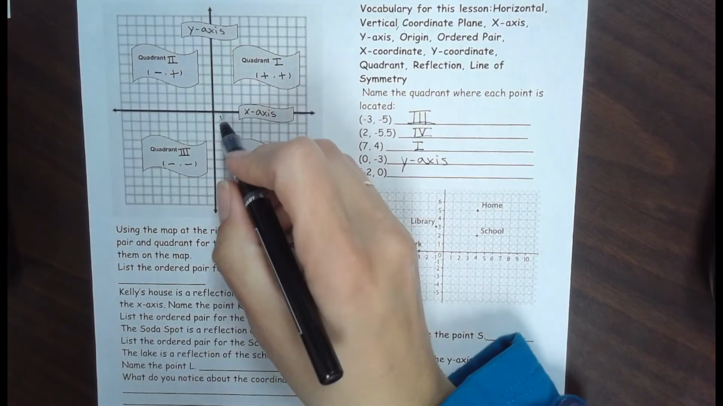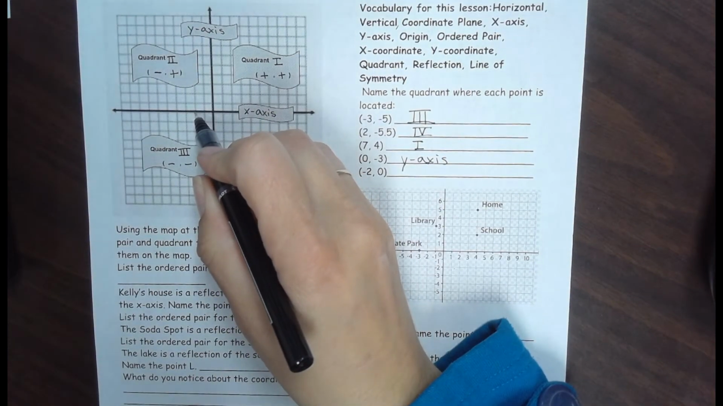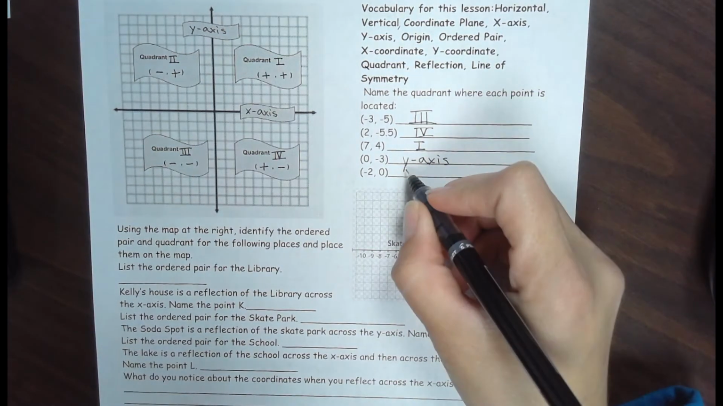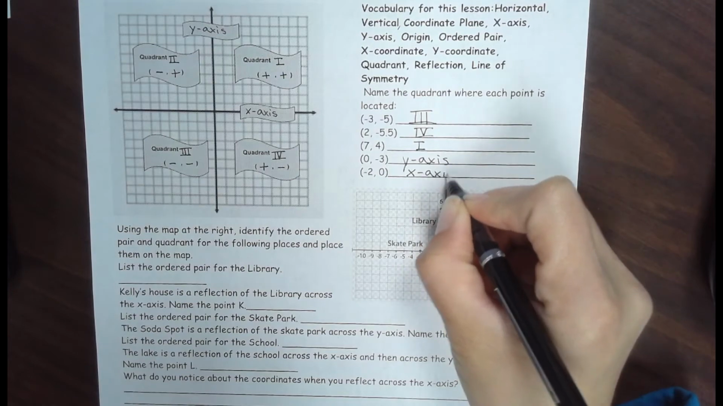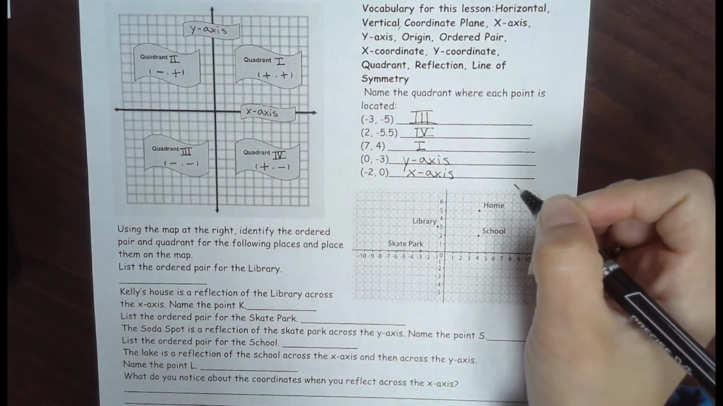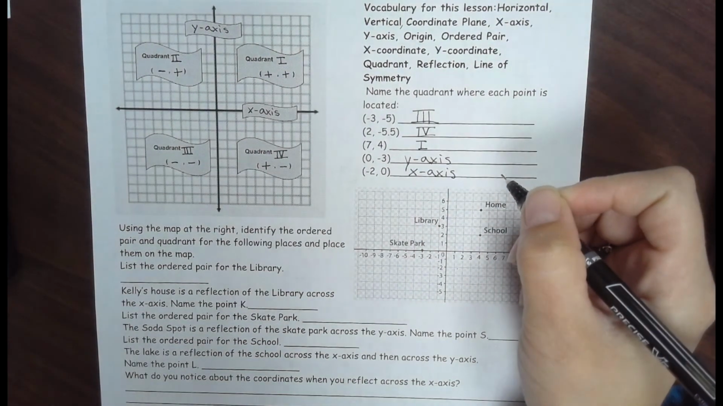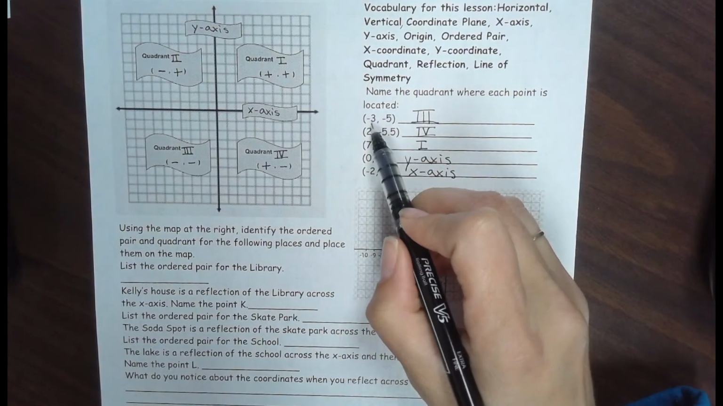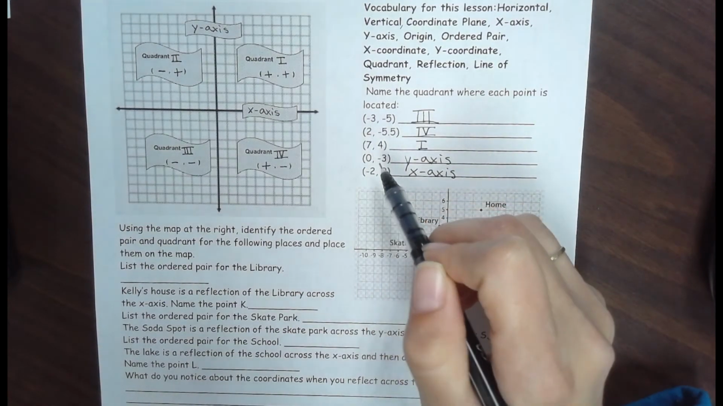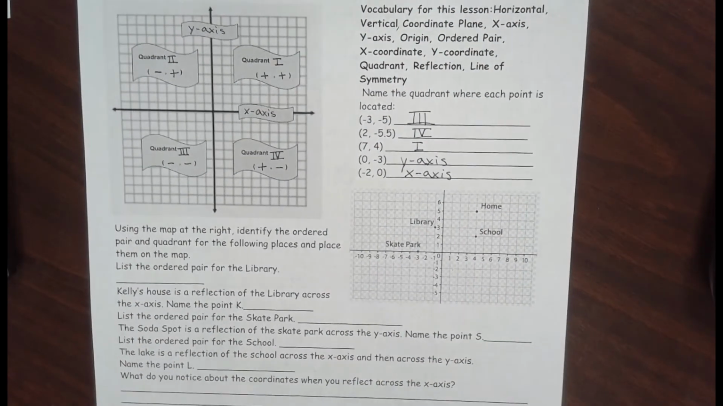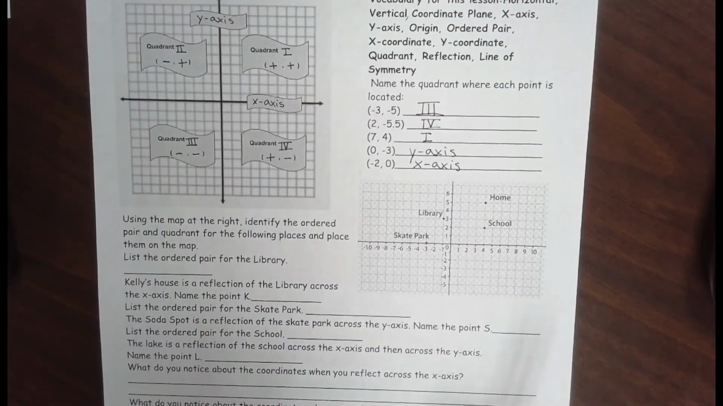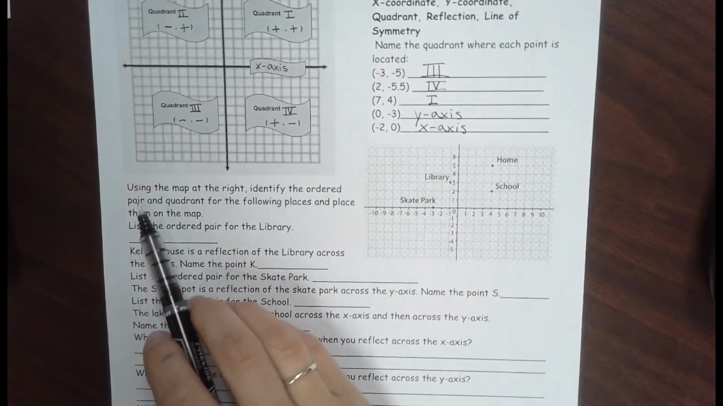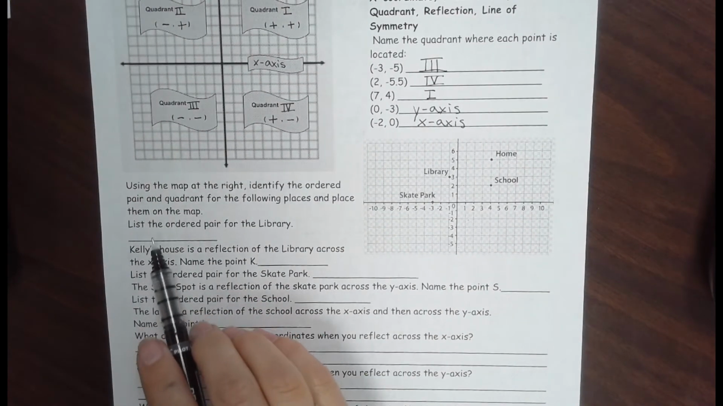(-2, 0). That 0 is a clue. I'm on an axis again. This time, I'm on the x-axis. Okay, so you can always graph it to decide what quadrant you're in, but if you can use those clues just looking at the ordered pairs, that could make it even easier on you if you can memorize what goes where. So here it says, using the map at the right, identify the ordered pair